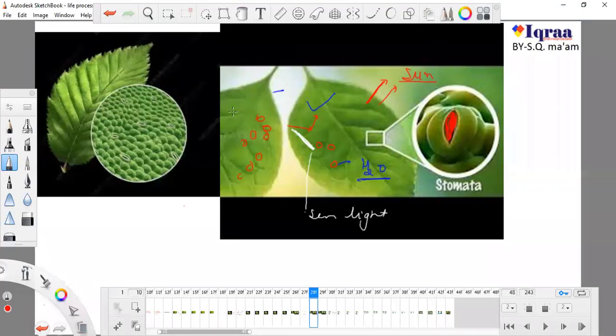numerous stomata, for the exchange of gases. Obviously the plant needs to absorb CO2 and release oxygen and water. This is the lower surface and it has a huge amount of stomata, but sunlight is not in direct contact because this is the lower part. So it absorbs CO2 and releases oxygen, but definitely not water, because it is not in direct contact with sunlight. But this upper surface is in direct contact with sunlight and it will release all the water, because direct sunlight strikes it and the water evaporates.